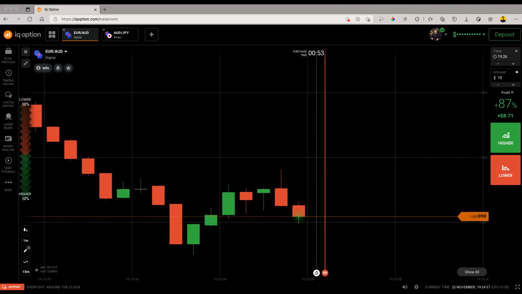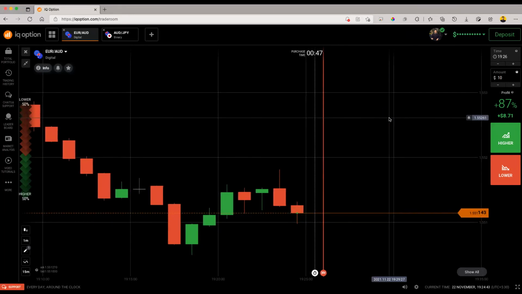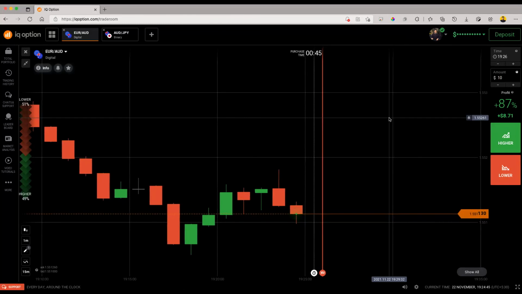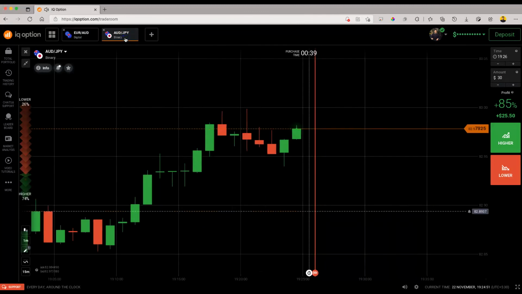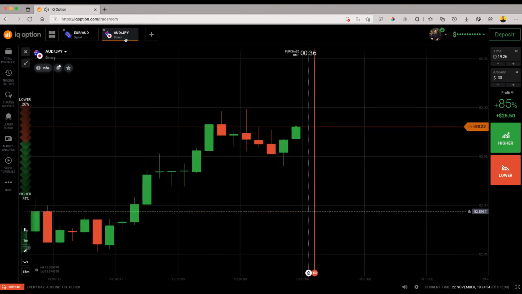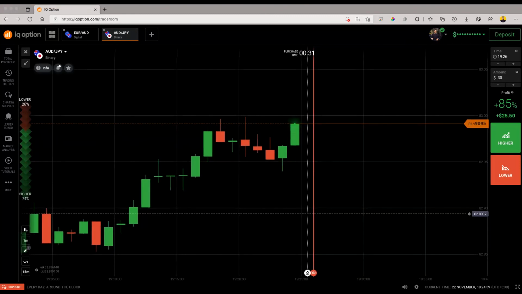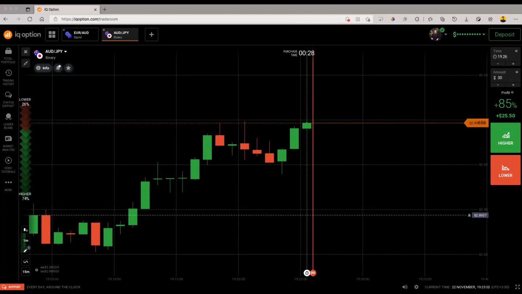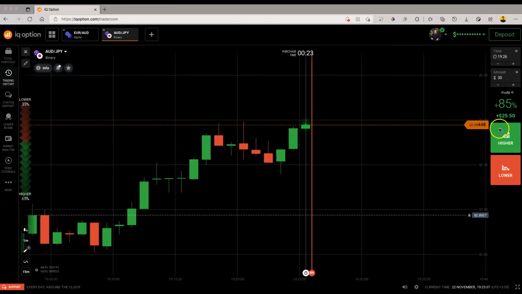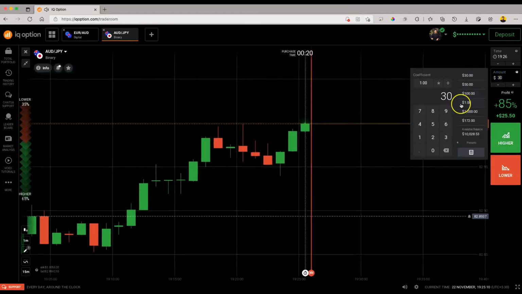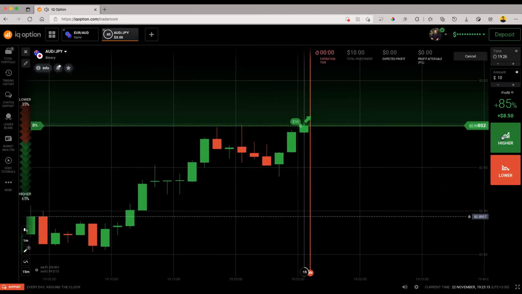Now we are going to execute another trade with $10 if we are going to execute in the current market, because the market is not so good, but we have to execute one more trade. If we get a good trade, that is a high probability trade, then we might go for $100. But currently I'm only focusing on taking trades with less quantity. So here we have taken the call trade.